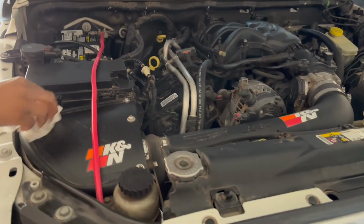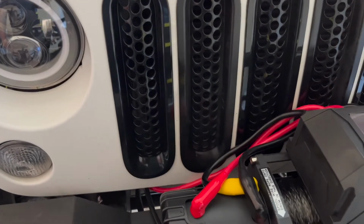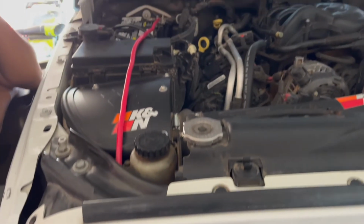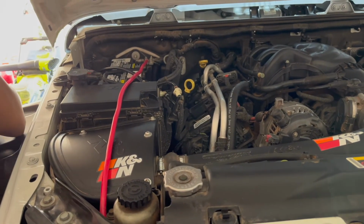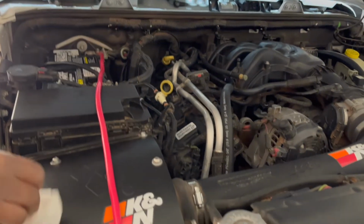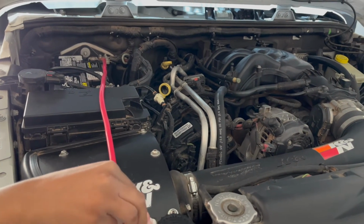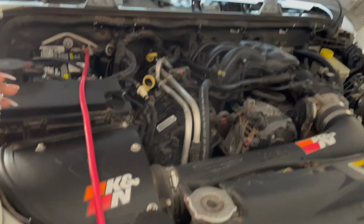Okay. Yeah, we just got to do something about this red wire here. This is the power wire to the winch. But yeah, a little iffy. That's all the length they gave me. Okay. All right, but you know, if we can figure out a way to lengthen that, add some more wire to it, so we can run it